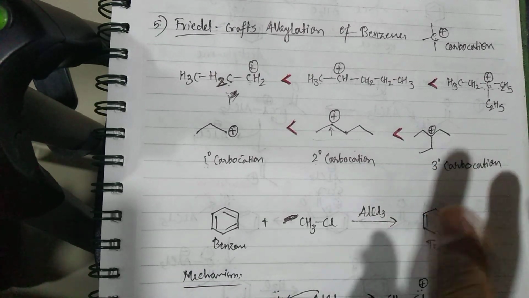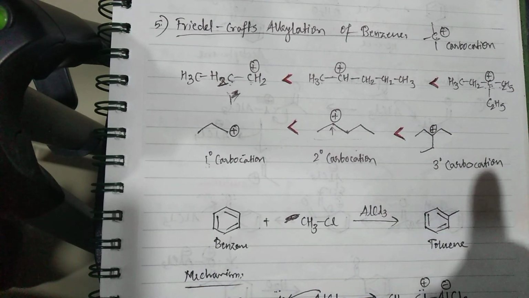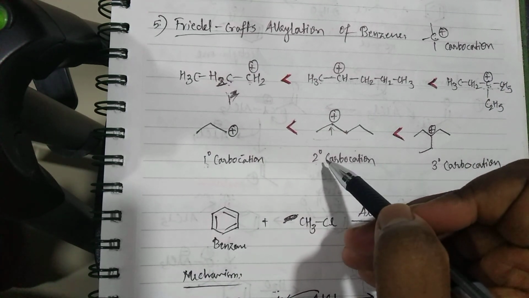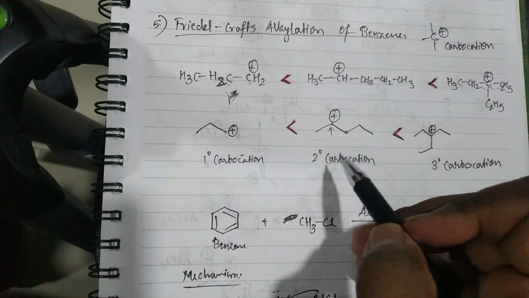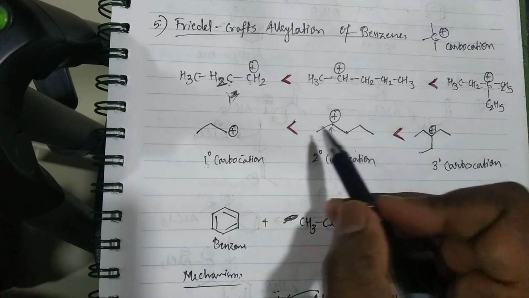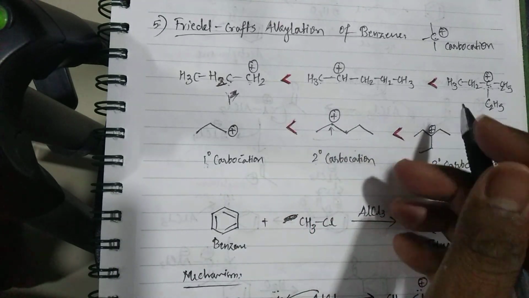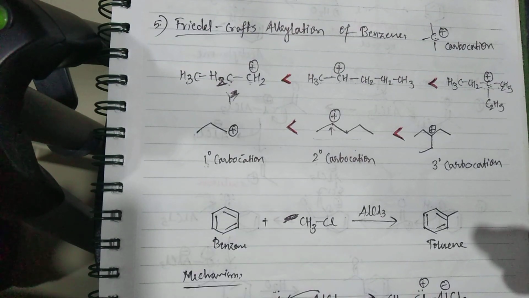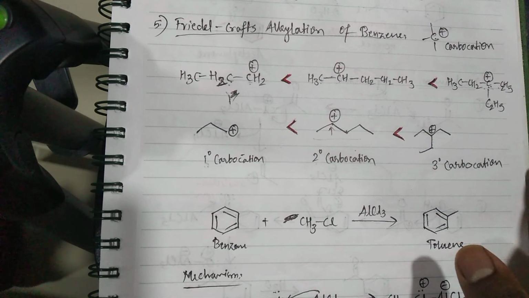Now I won't get into the theory for now. You just try to remember that tertiary carbocations are more stable than secondary carbocations, and secondary carbocations are more stable than primary. So I have used these less than signs so that you get an overall picture of which carbocation is more stable. Alright, a quaternary carbocation is not possible. Quaternary carbons are carbons attached to 4 different carbon atoms, so a quaternary carbocation is out of the question.